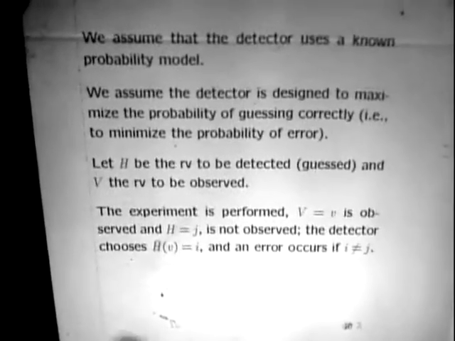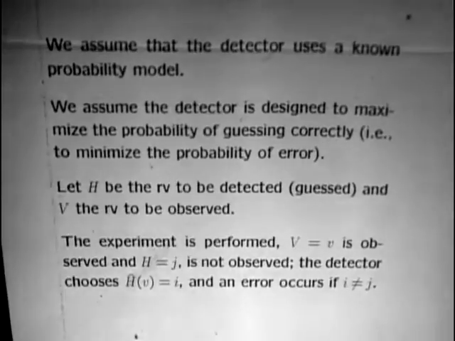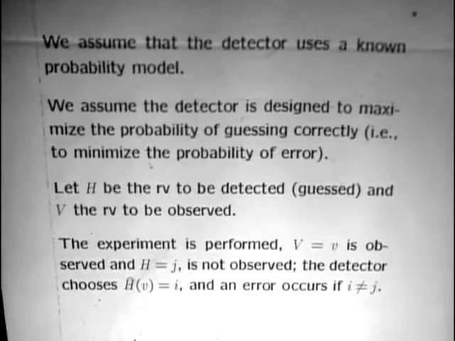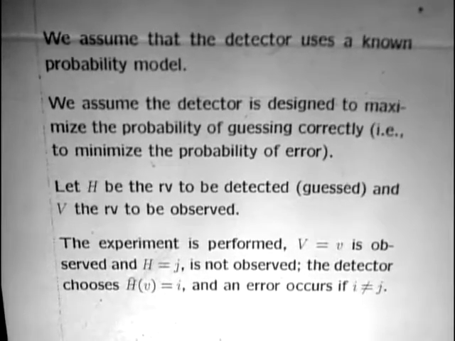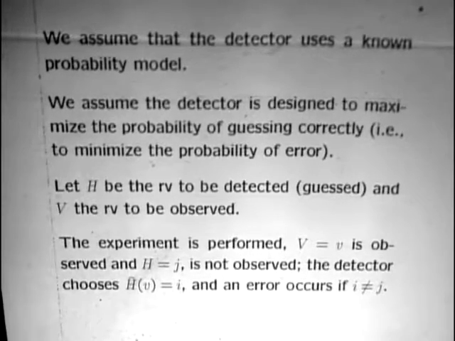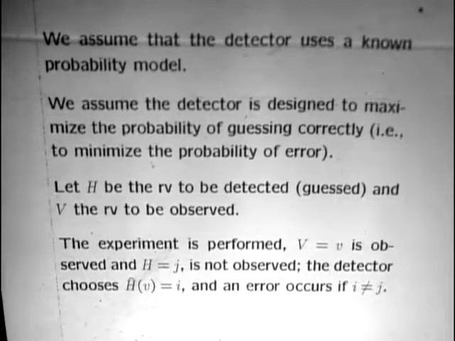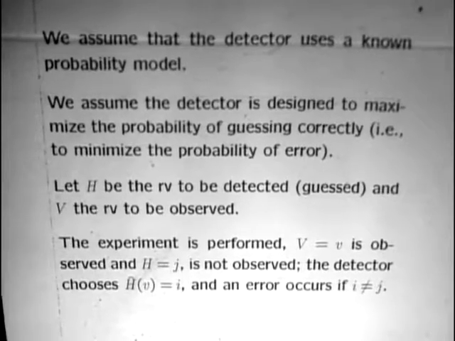And they're just done by different people. Okay, so what that says is we're assuming that the detector uses a known probability model, and in designing the detector, you know what that probability model is. It might not be the right probability model, and one of the things that many people interested in detection study is the question of when you think the probability model is one thing and it's actually something else, how well does the detection work? It's a little like the Lempel-Ziv algorithm that we studied